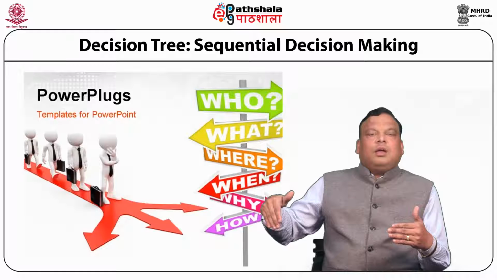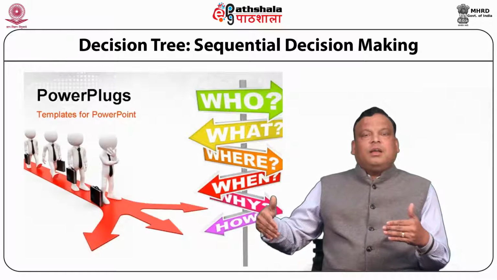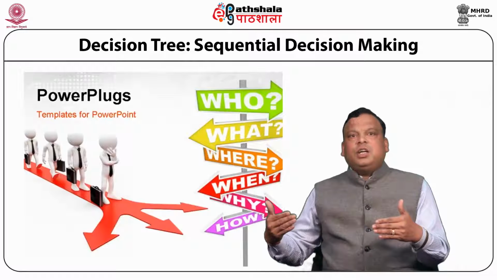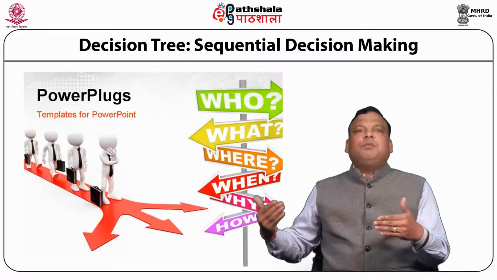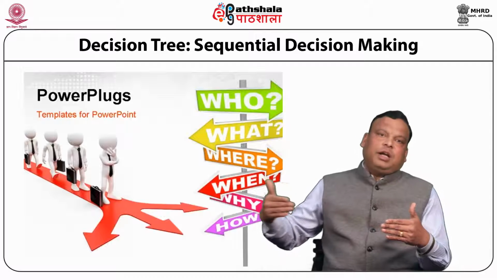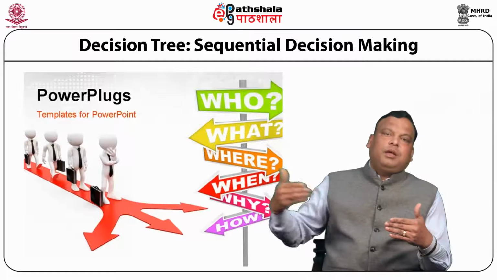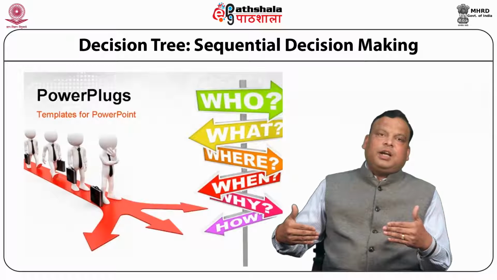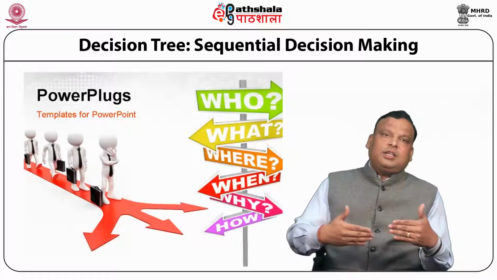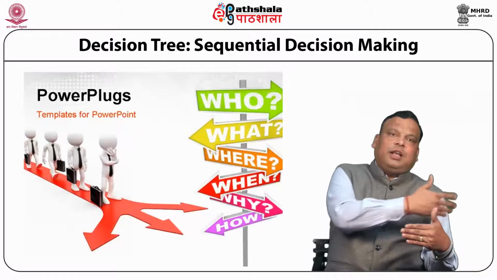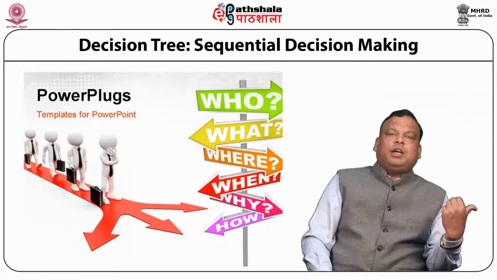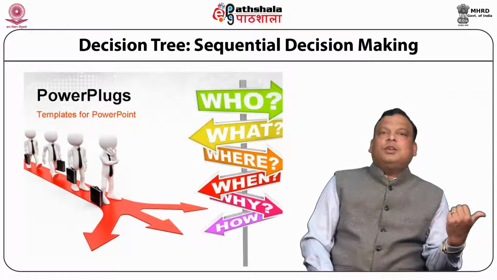So if I say in brief, when analyzing the decision tree or a sequence of decisions, we will be moving from right to left. We would be analyzing the decision that is taken at the last, then second last, then third last, then fourth last, like this. At the end, we would be analyzing the decision that was taken initially. That is initially optimal decision making.